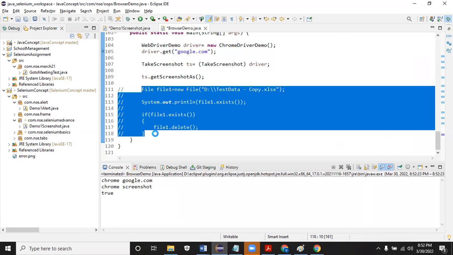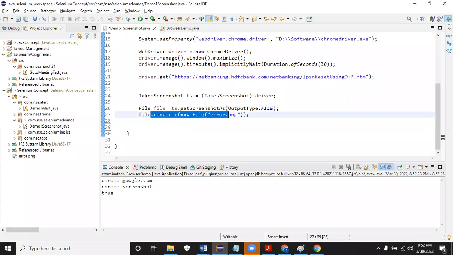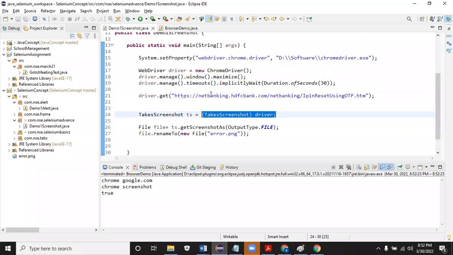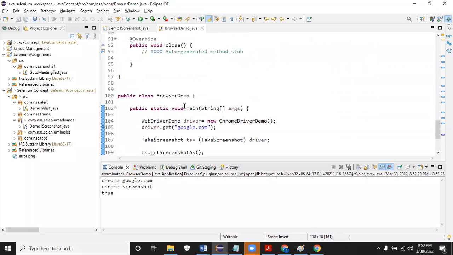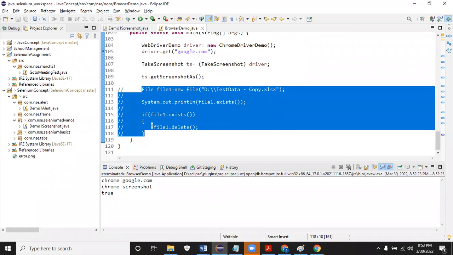Dealing with file. Okay. And getScreenshotAs gives us a file. We are storing that as a physical file in the location, not in memory. We are storing it as an actual file. While storing, you can decide whether you want JPG or PNG, whatever it is. Right now, this is fine. This is something which you have to understand. That's the concept of Java. Whatever method is not available in WebDriver and is available in ChromeDriver, you have to do the typecasting to the parent level so that you can reuse it. Listen here. Till this it's clear for you, whatever I have done?